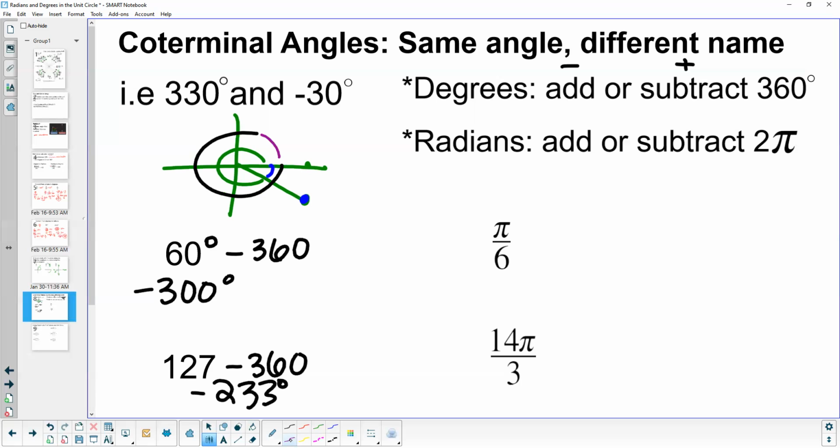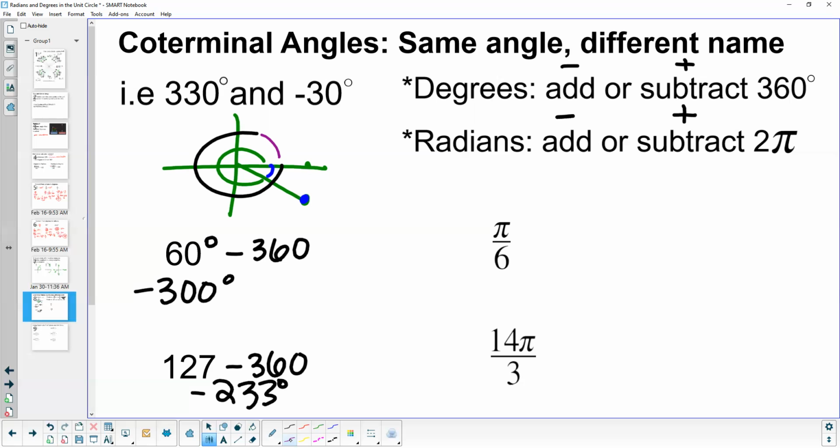Now, what happens when we have radians instead? Well, radians, just like with degrees, we're going to add or subtract the whole of the circle. The whole of the circle in degrees is 360. In radians, it's 2 pi. So we're going to add it if we start with a negative number, and we're going to subtract it if we start with a positive number. Now, the cool thing about radians and degrees is you can continue going around your circle as many times as you want. So you'll see here with this example where we have a 14 pi over 3, we can actually just simplify that,